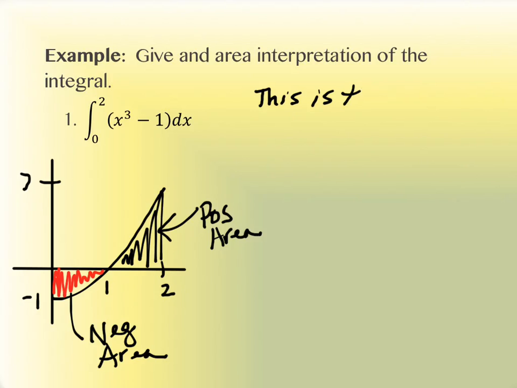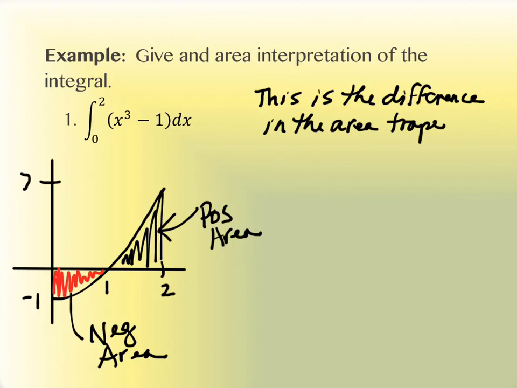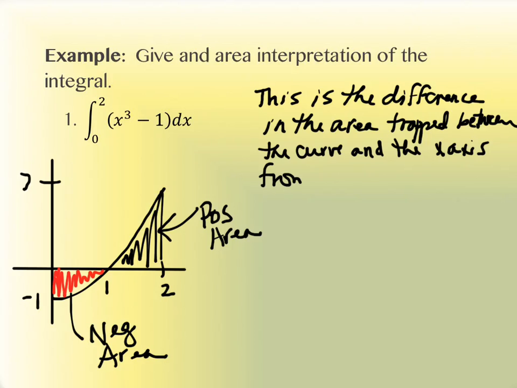This is the difference in the trapped area, or let's say area trapped, the area trapped between the curve and the x-axis from 1 to 2,